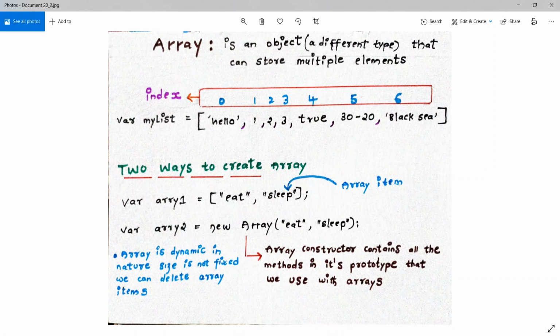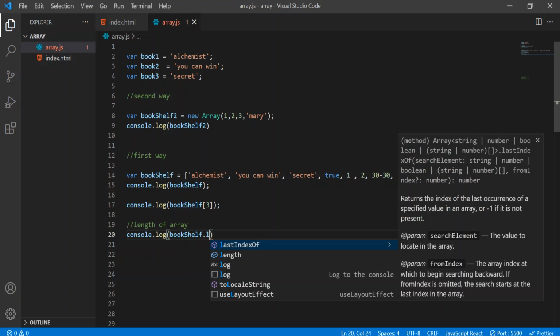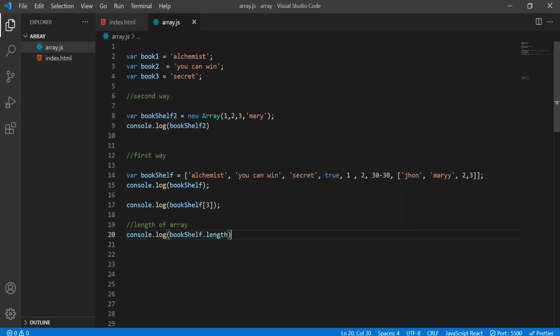They are already created by the developers, and they are stored in that prototype. Since they are stored in the parent constructor prototype, they are accessible to this array2 child element. You will learn about that in later videos, but just to give you clarity, I'm saying that. Okay, so let's write here dot length. So let's see what we'll get.